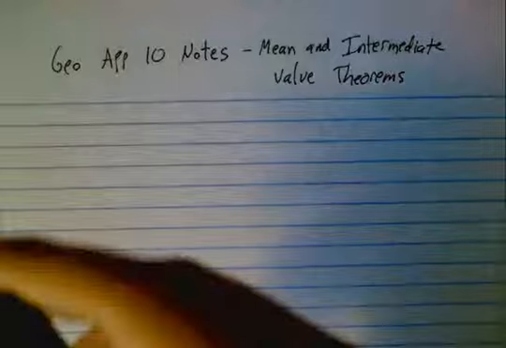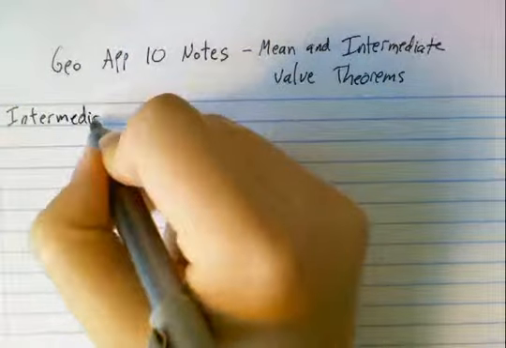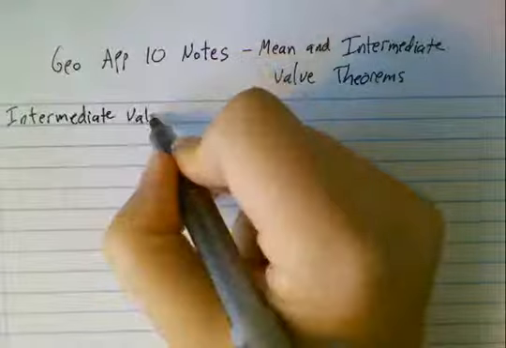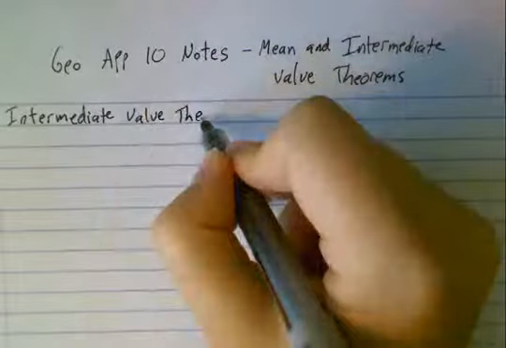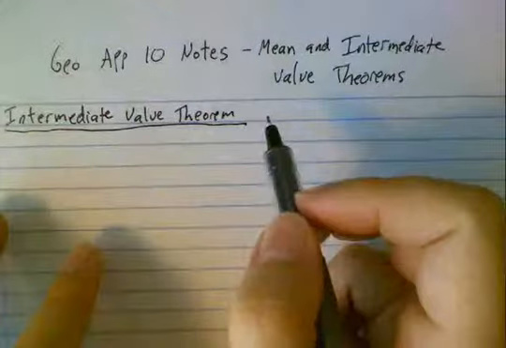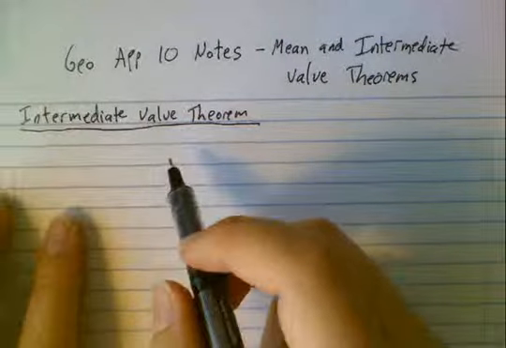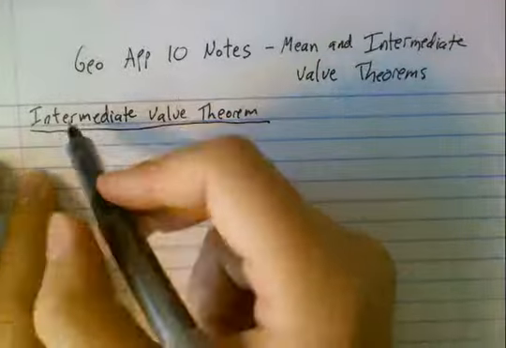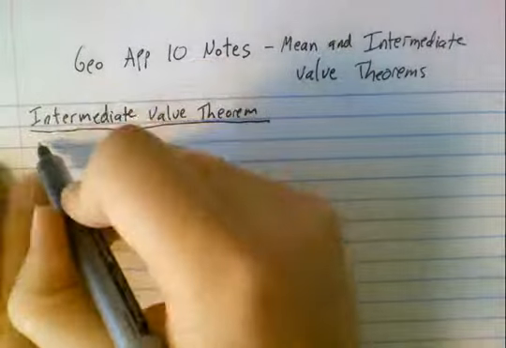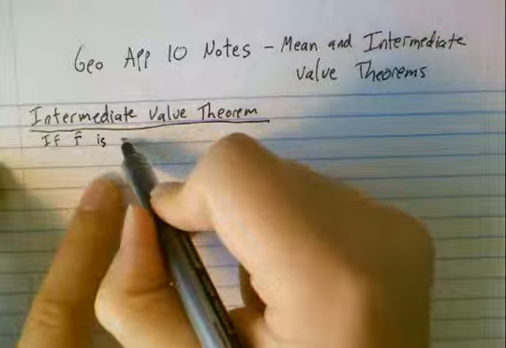Let's start with the statement of the intermediate value theorem. This is going to be very technical, and then we're going to rephrase it in a little more English-friendly way. So, if f is continuous